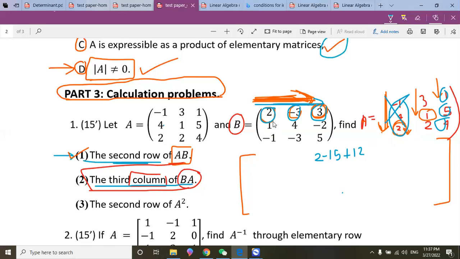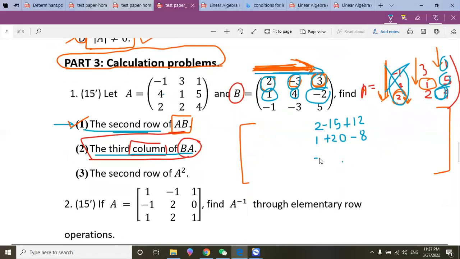And then we have 4 multiply 1, that is going to be 4, 4 multiply 5, that is going to be 20, and minus 2 multiply 4, minus 8. And then minus 1 multiply minus 1, then minus 3 multiply 5, so minus 15, and then 5 multiply 4, that is 20. So the answer will be